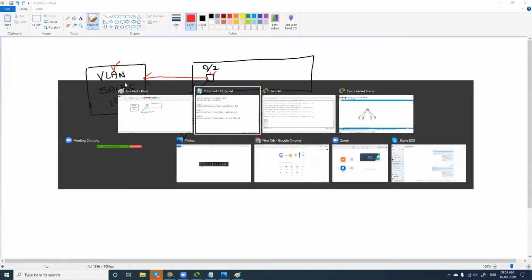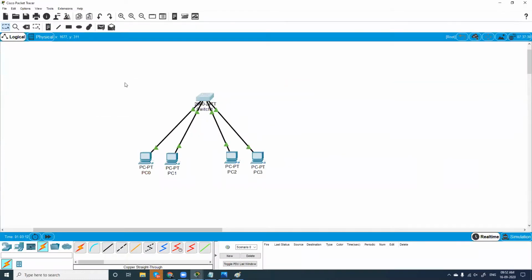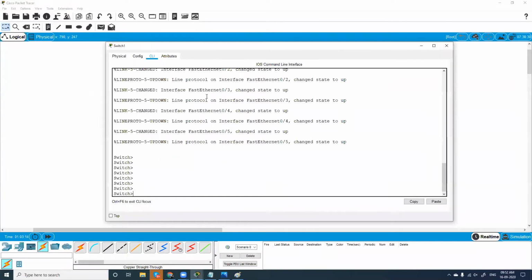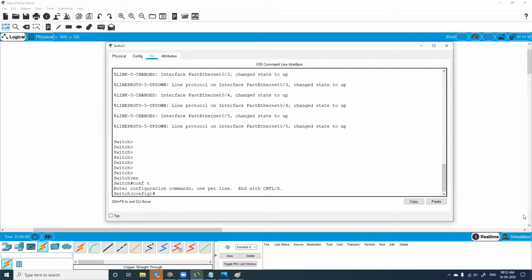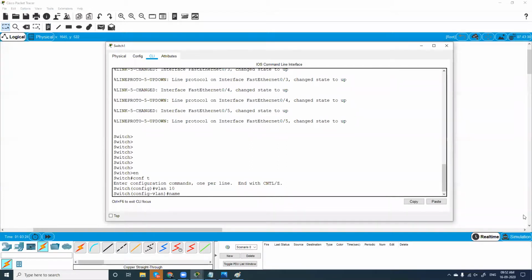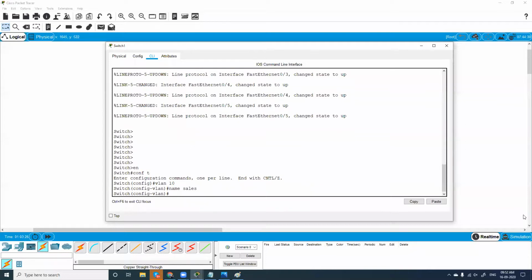Fine. I'll do this here in Packet Tracer. So enable, conft, and we'll type VLAN 10 and the name is sales. Fine. Now VLAN 10 with the name sales is created.